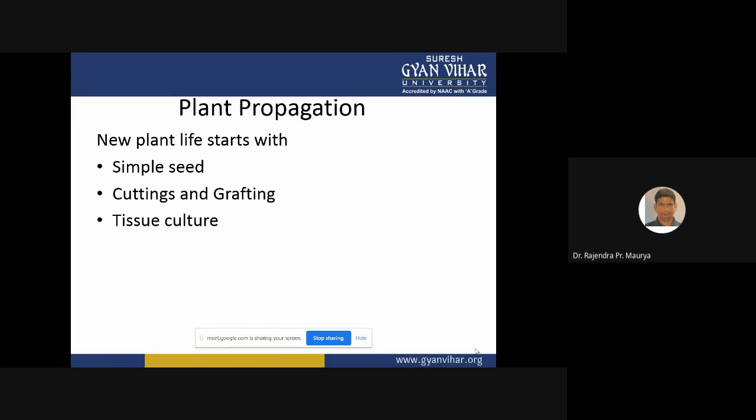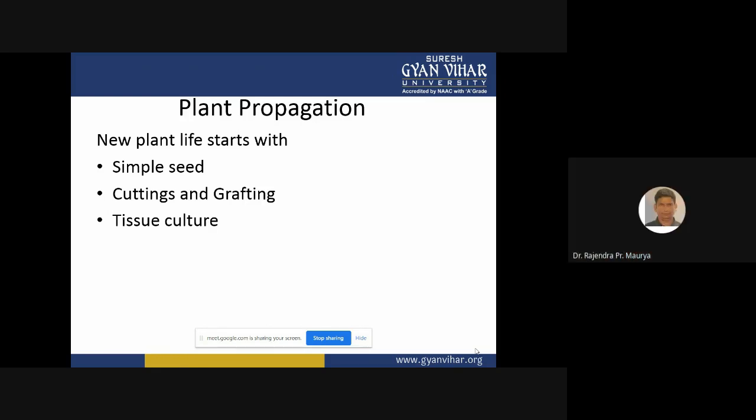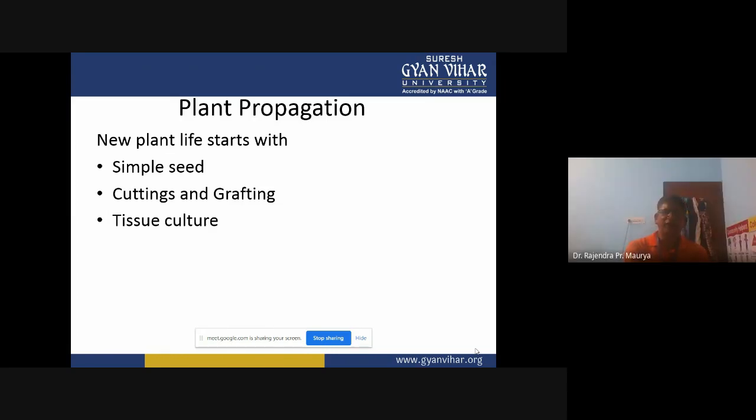Embryo: when we do the seed sowing, that embryo will germinate and produce the radicle and plumule. Then what is the function of the endosperm? Endosperm is used as initial nourishment. When the embryo germinates and produces the radicle or plumule, at the initial stage the endosperm will supply the nutrition or plant nutrients for the seedlings. That is the function of endosperm.